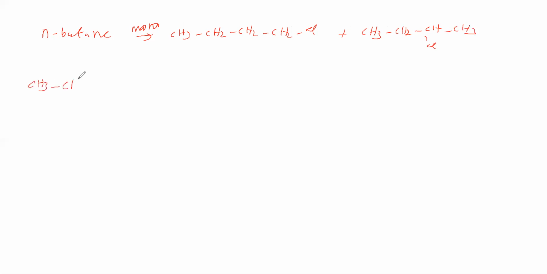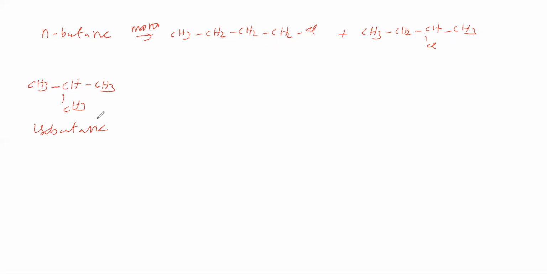Now we will take this one like this: isobutane. This is called isobutane. How many products will we get? One is primary hydrogen, there chlorine. Another one is tertiary hydrogen, there chlorine. Therefore, 2 products we can get. So alkanes undergoing monochlorination give a mixture of products, and we have to separate them by fractional distillation. So separation is also there in this case.